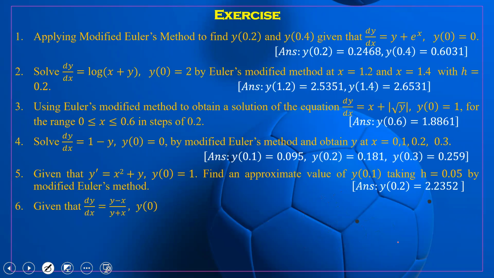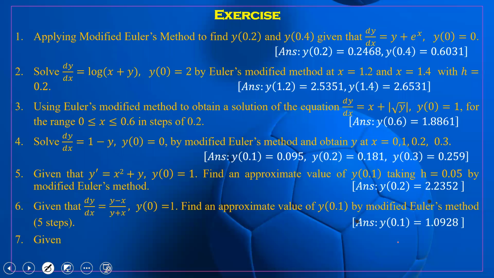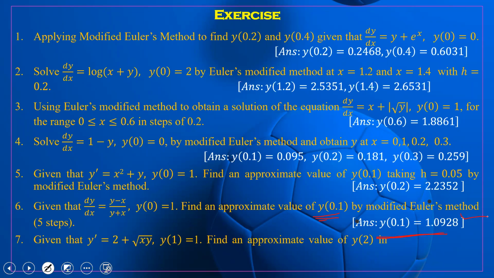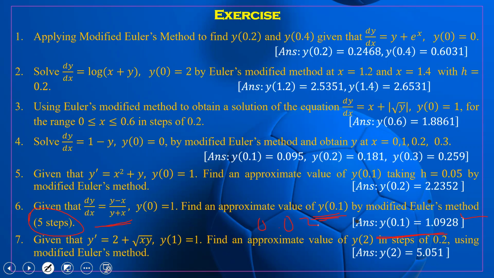Similarly, question number 6, I think it was taken in the first example, Euler's method. The approximate value of y of 0.1, we have already calculated it. At that time we took a different value, but this is much more exact as compared to Euler's method. So here we again have to take 5 steps. This is very lengthy. In step number 1 you can take 0.02, then 0.04, third 0.04, fourth 0.08, and so on.